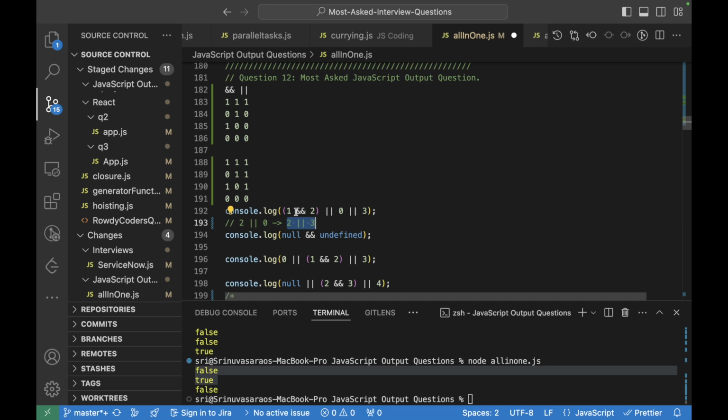Both are trues, so the last item will be picked for this as well. So 2 will be the output for this console statement.